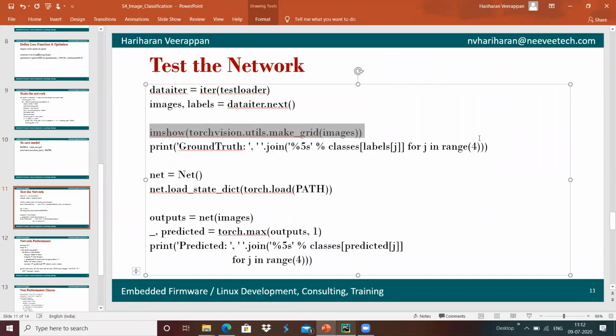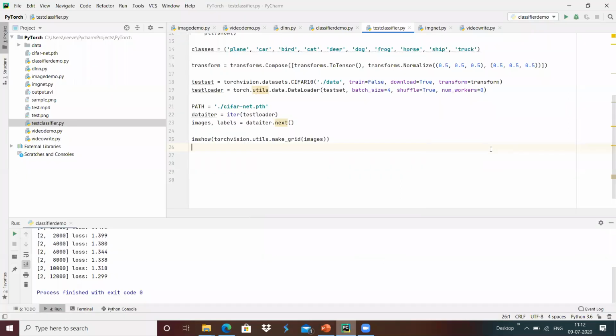And then there is the ground truth, which is the current label: what labels are present in the image that we are going to feed into the network for predictions.